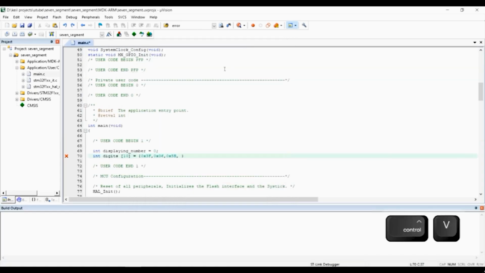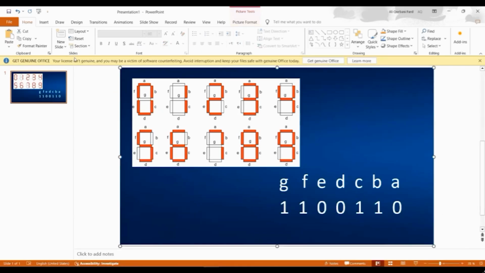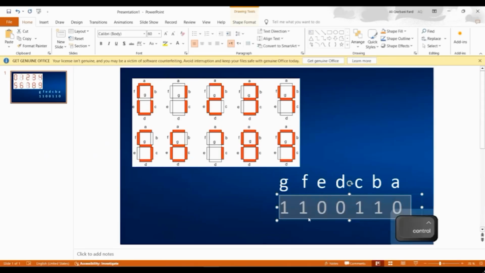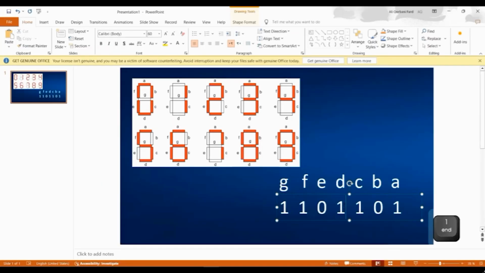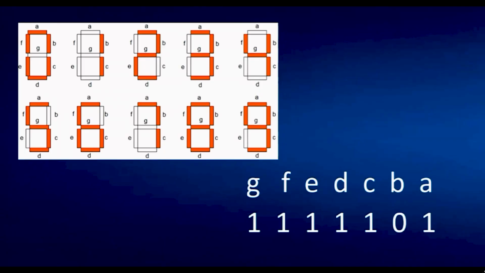And find the hexadecimal format and write it in the Keil. And 4F is for number 3 and 4. Just do the same thing for 5, 6,